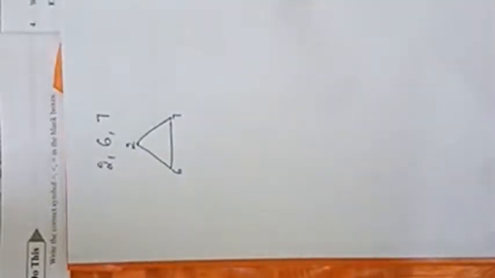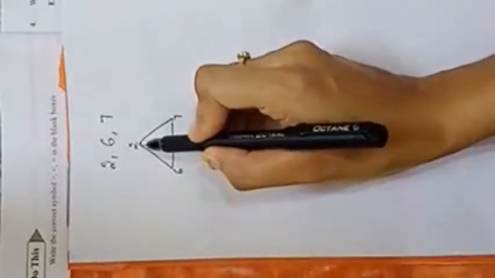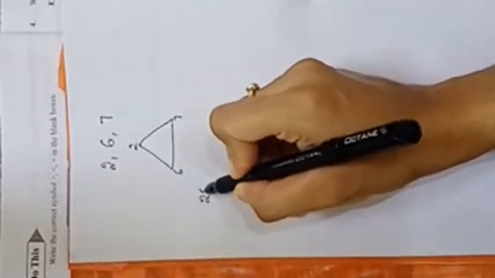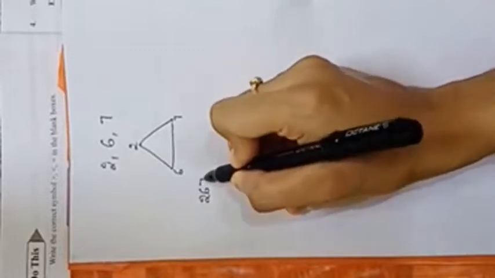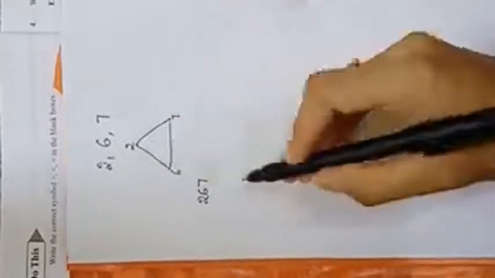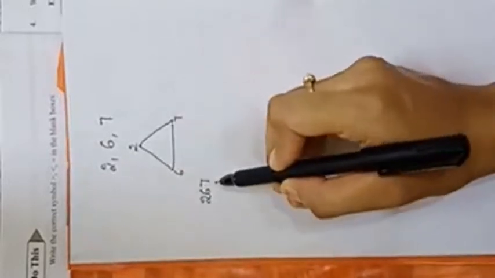It's very easy, children. Whenever he has given you three digits and is asking to form three-digit numbers, you follow this method. It is very easy, and you will not get confused. Okay, children? Right. Let's start. First, observe carefully the topmost number that you write first, 2. And here 6, as it is. And another number is 7, as it is. Whatever numbers are there at the corners, just write them first.